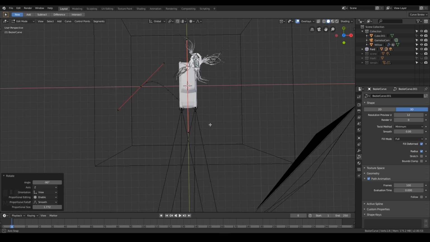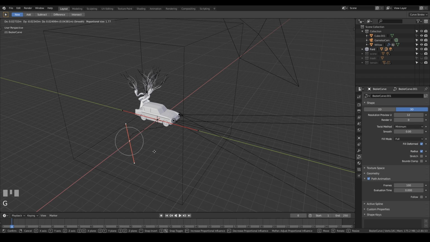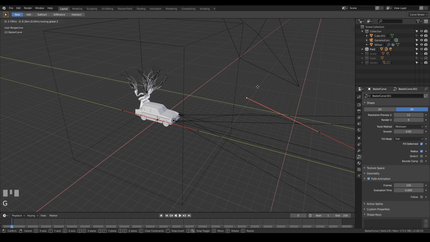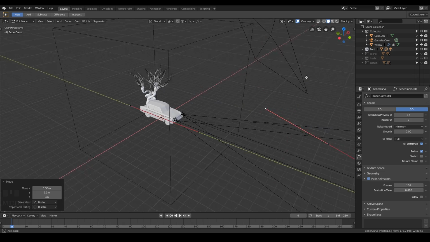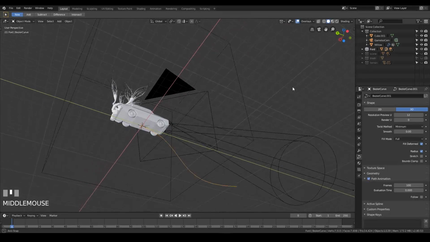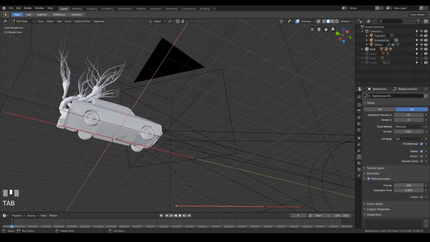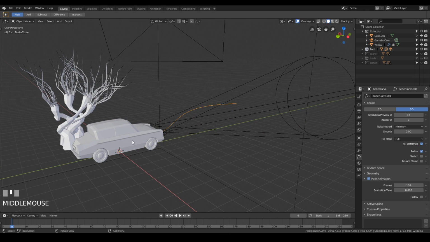Okay, so now the curve starts here and it's facing this direction. And if you move this along, you can press Shift Z to lock to the plane. So if you do a curve like this, where it starts on the same point as the car and the first point is also there,